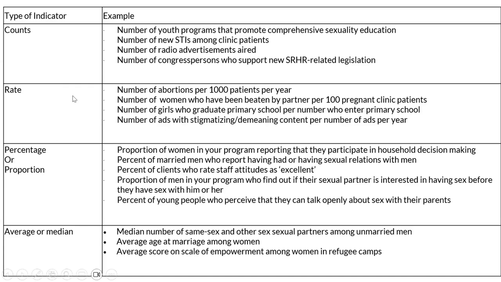Then we talk about rates, of course, mortality rates, for example deaths per 1,000 patients per year. So it could also be in the form of rates. Also percentages: the percentage of those in your program who are now saying that they've been able to do XYZ, like they've been able to carry out this new behavior, or they are carrying out this new behavior at a certain frequency.